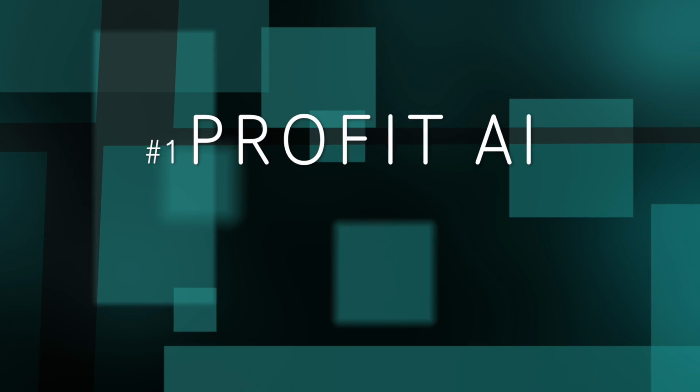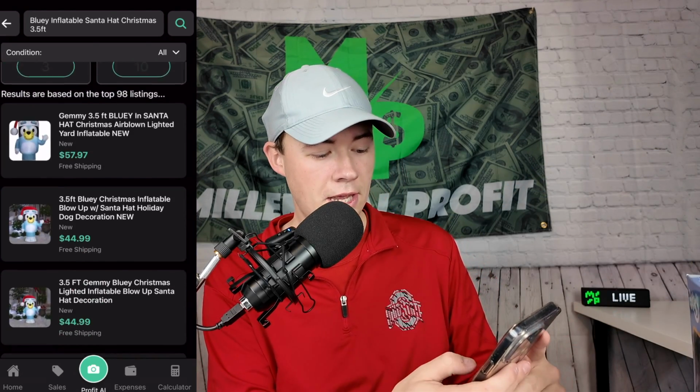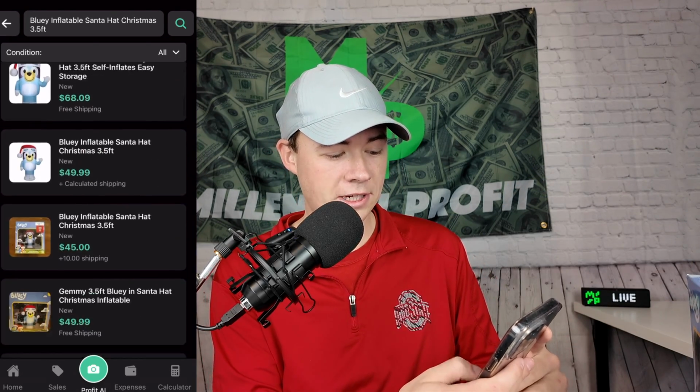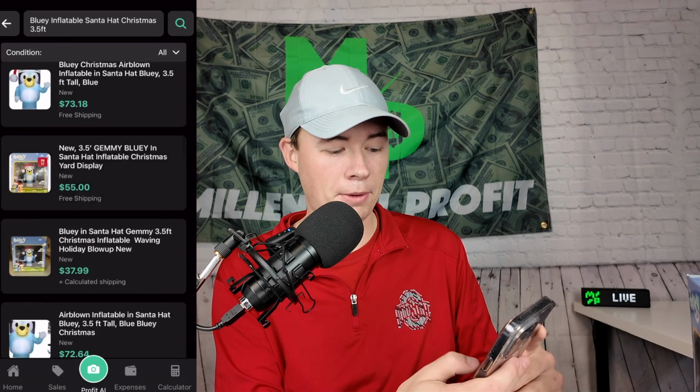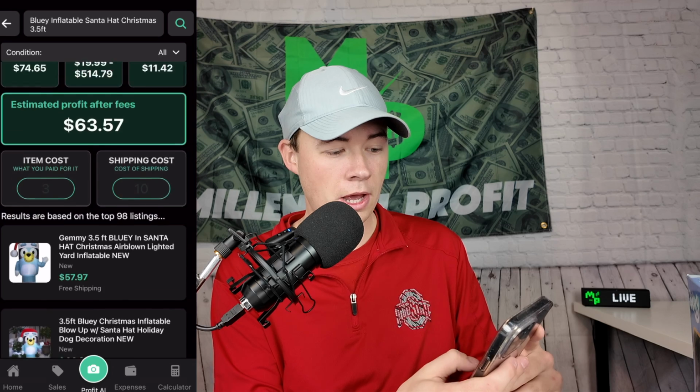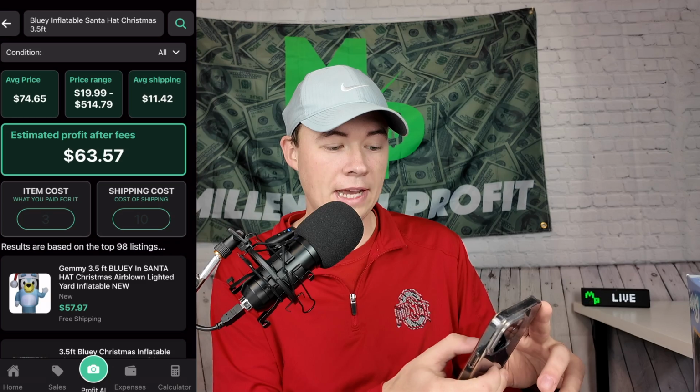First off, let's talk about Profit AI. This is the brand new thing in the app. It is very cool. All you have to do is actually scan the item. Obviously, we're going to use Bluey here as an example, and you can see it brings up all of these exact comps, all of these recent solds, which, yes, you can do this in the eBay app, but you know what you can't do in the eBay app? Up here at the top where it tells you the average sold price, average price range, average shipping, estimated profit